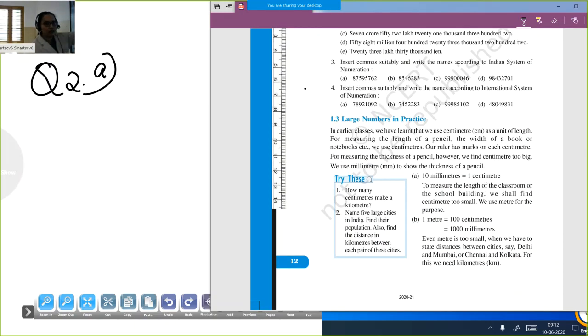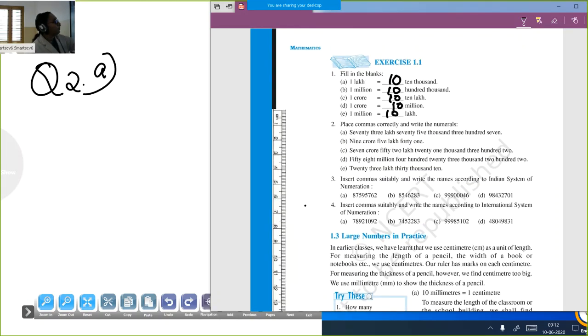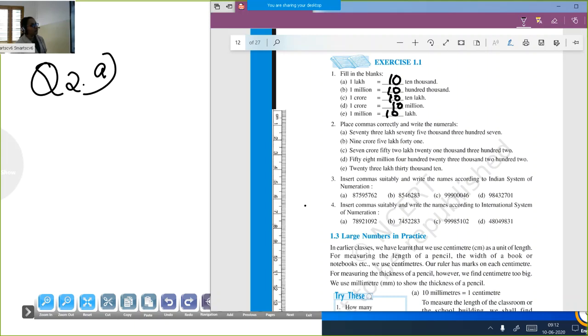Textbook page number 12. Hope all of you have taken the textbook page number 12. Then question number 2 we are doing. Okay, question number 2. Place commas correctly and write the numeral. What is the first question, children? First one is